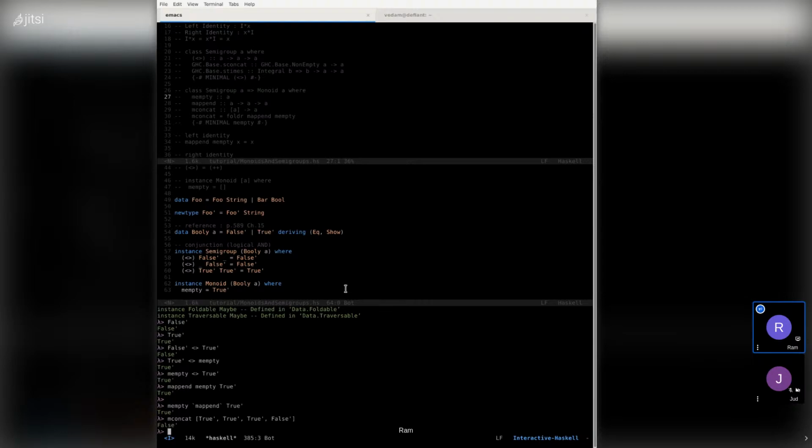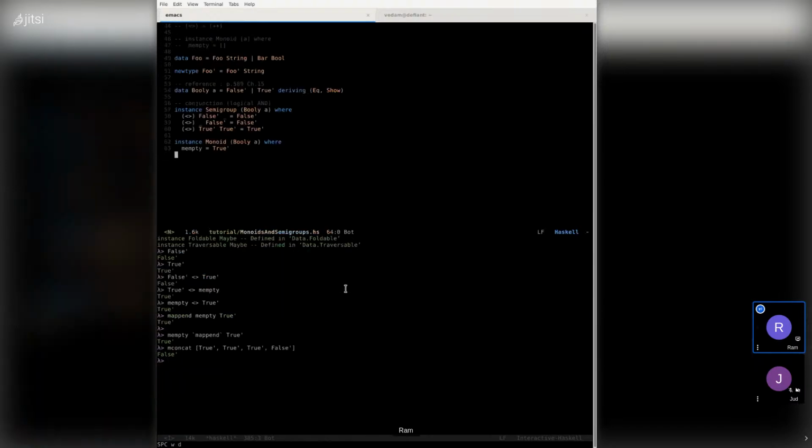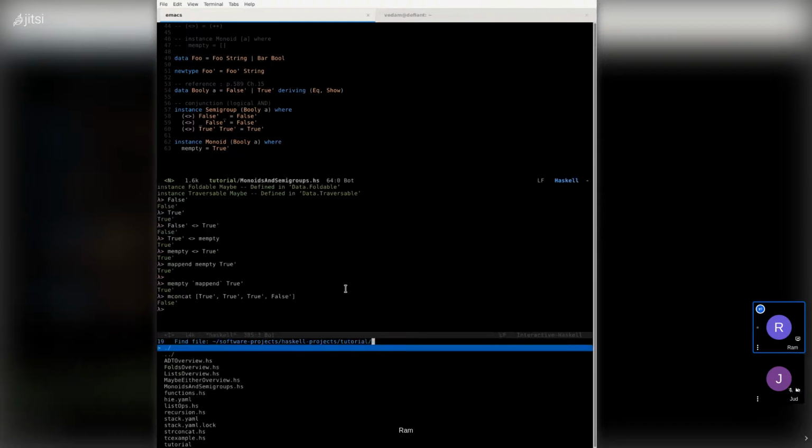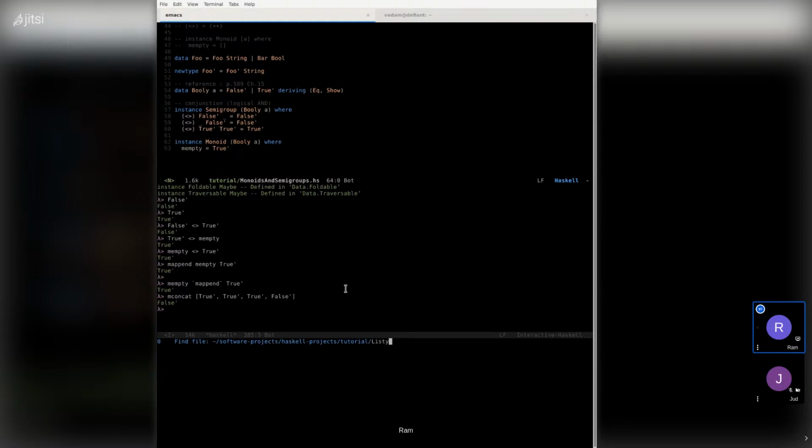Actually, we'll create two new files. Let me close this, and let's call this Listy. This is an example of a list that we're defining multiple monoids on.